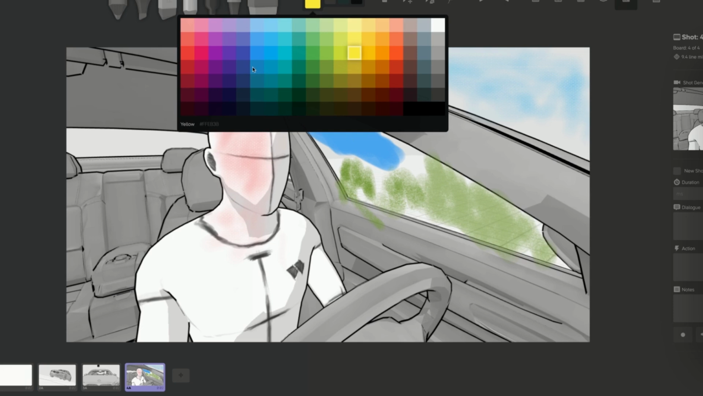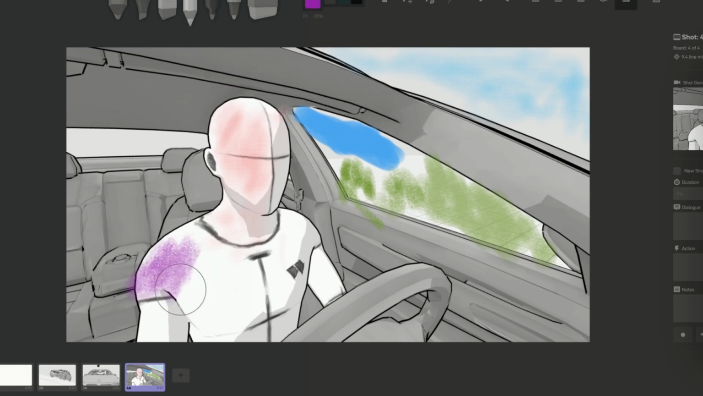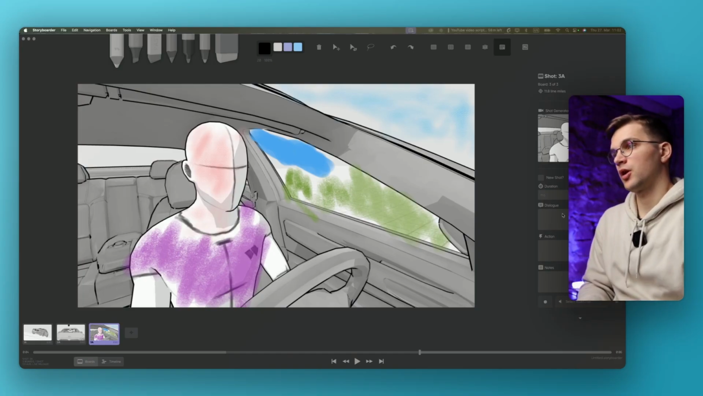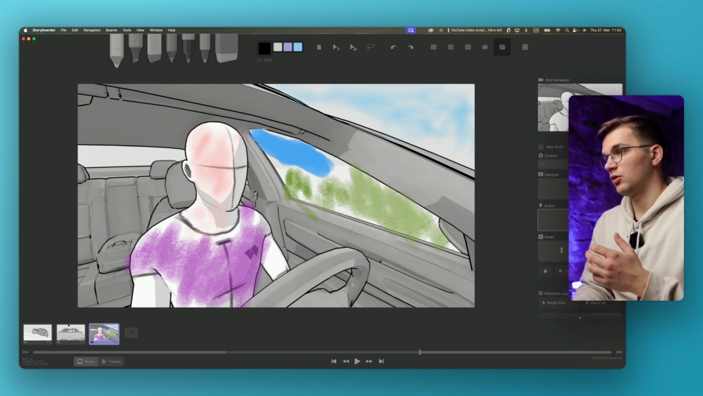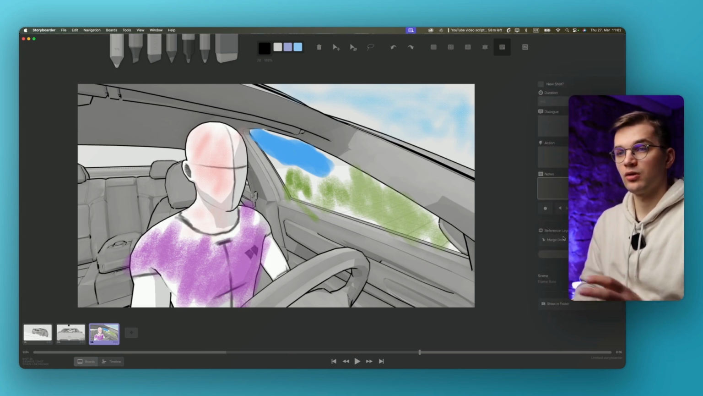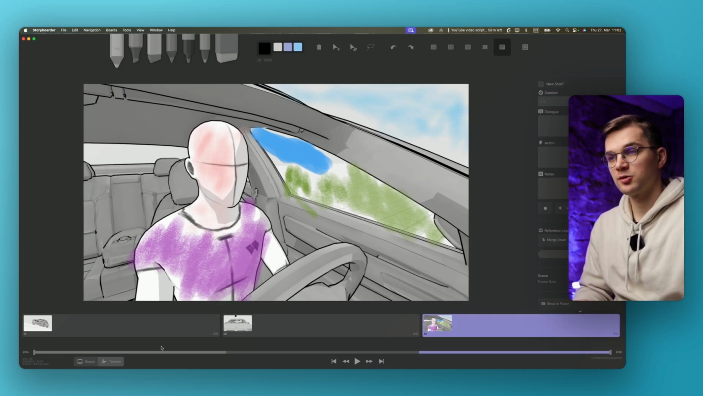We can maybe add some color for the clothing, and we can already export that as a frame, which I think is more nitpicking, but it's something that you will appreciate when you're out shooting. So here you can also write a dialogue, action, or some different notes, and you can also on timeline export this video